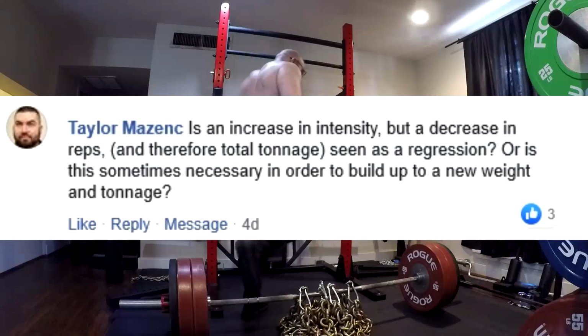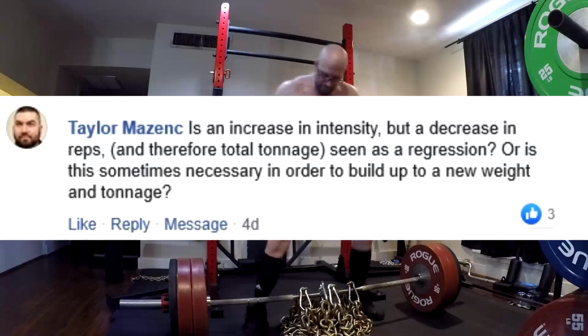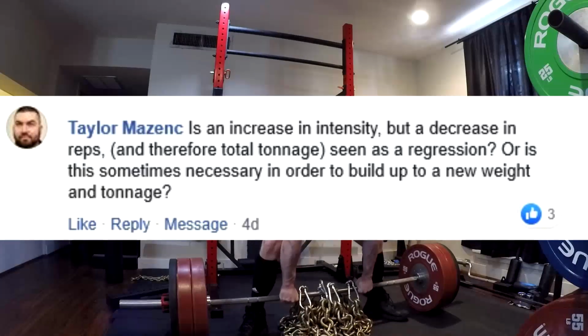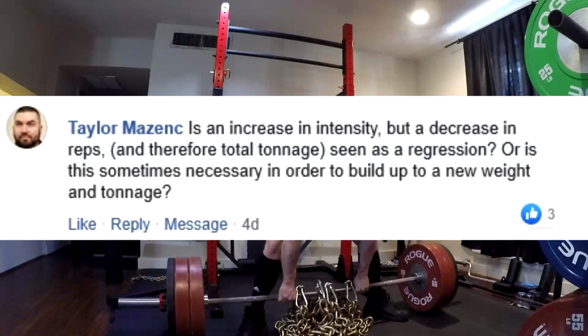So if you increase weight on the bar, but you go below the minimum volume you need to stimulate adaptation, that could be seen as a regression. But it's not a regression in strength or hypertrophy, it's a regression in your training loads. So if you add weight to the bar and you cut down and you're only able to do 1 set of 5 with it, and it's not a deadlift,